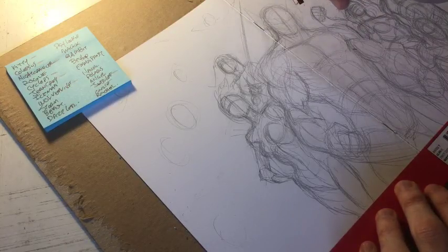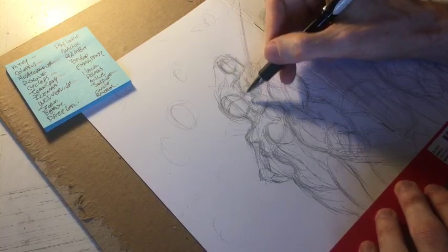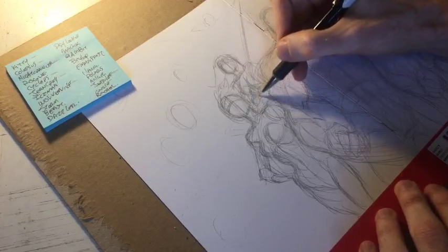The hardest X-Men character that I've ever drawn, Galactus. I know he's not an X-Men character, but he's just that hard. He actually gets...